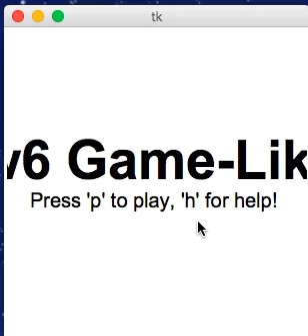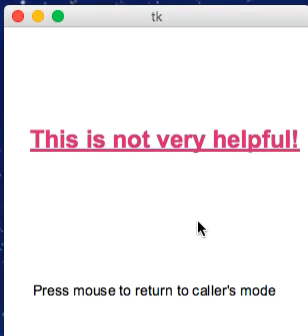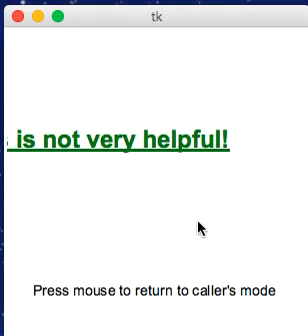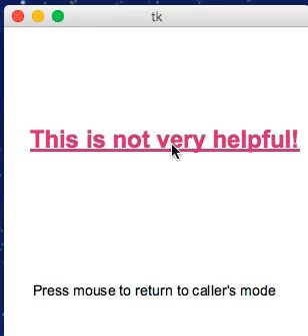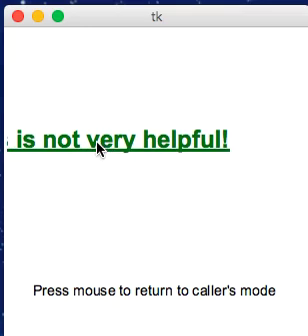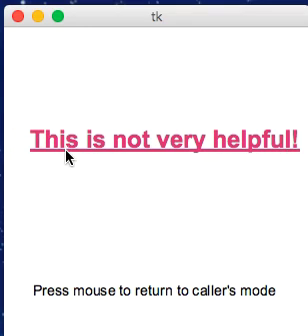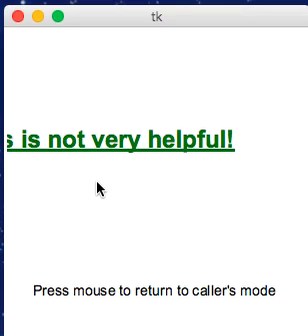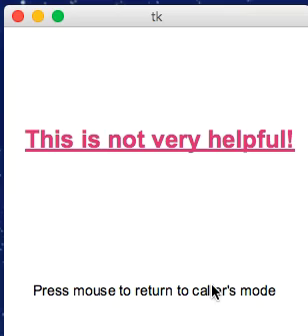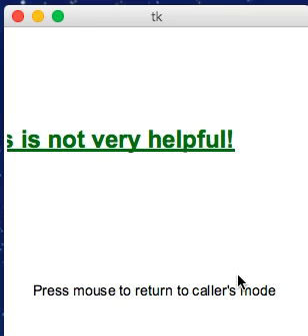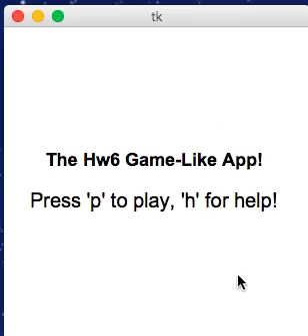Okay, so let's hit H for help. And when I hit H, I get this help, which in truth in advertising is in fact not very helpful. But you do have to make it bold and underlined. You have to make it that color, which actually is maroon that way, and this kind of dark green this way, and have it bounce back and forth. Again, it doesn't have to be pixel perfect, but it has to be close. It also has to print the directions down here, print mouse to return to callers mode. And if I hit key presses, notice nothing happens, but a mouse press takes me back to where I came